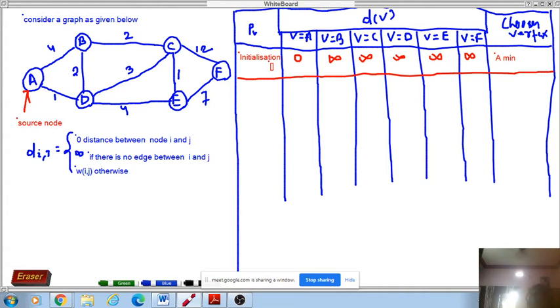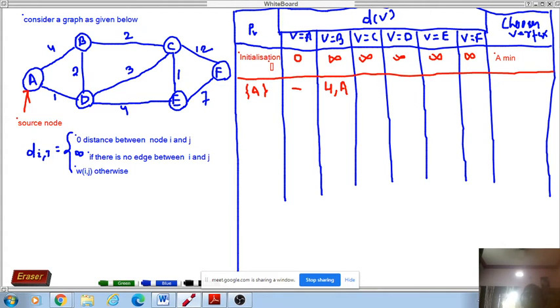Now I have taken A, so I will find the paths from it. A to A I have already visited, so I will not visit it again; this is my visited node. What is A to B? What is the distance? It is given as 4. You just write 4, comma A. Then the paths go from A to B and A to D. Does any other path exist? There is no other path. Then these two, AB and AD.